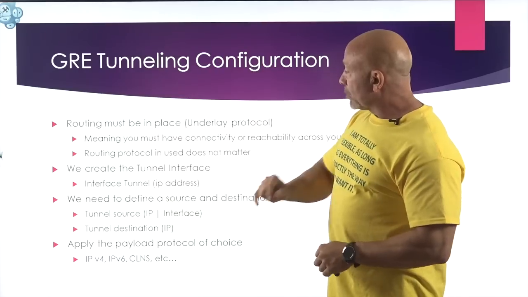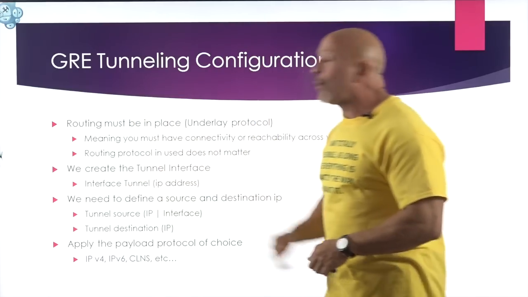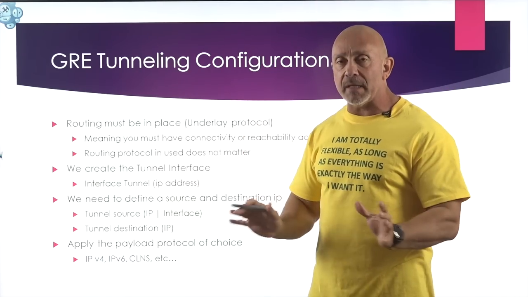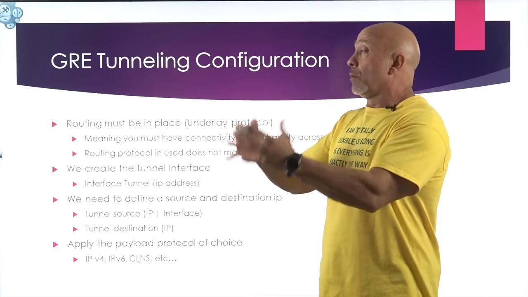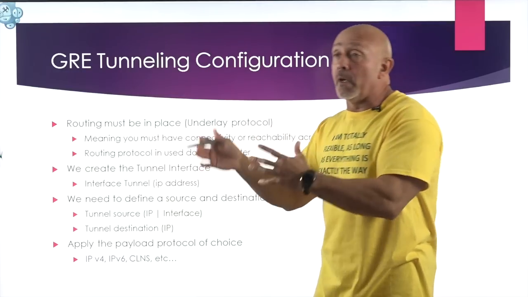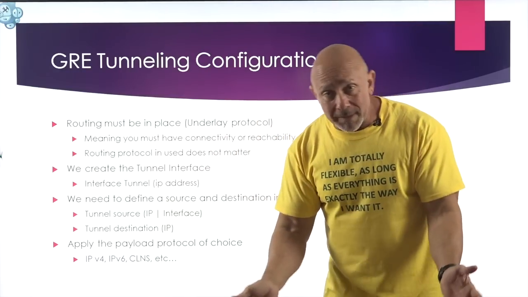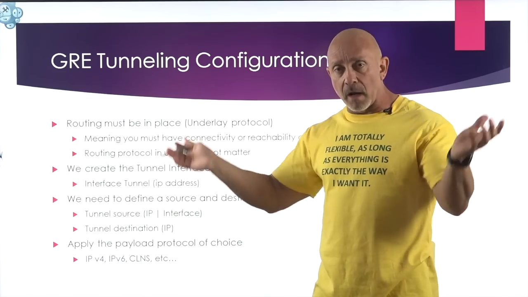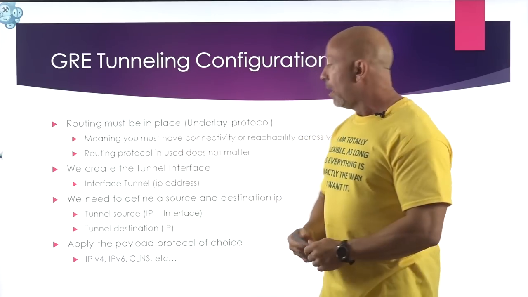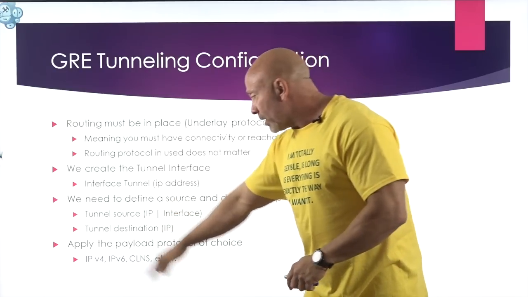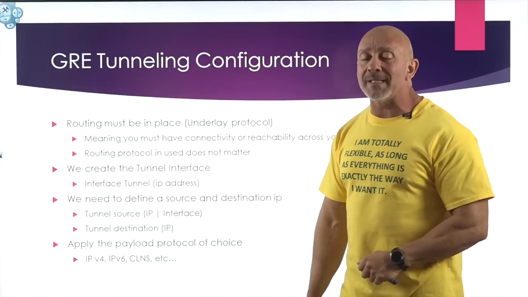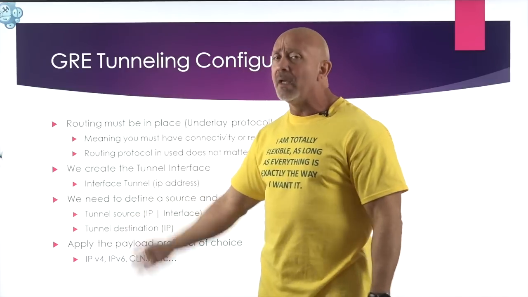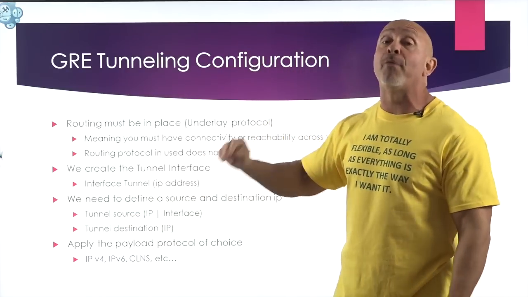All right, that's that. So then once we've got that going, we create the tunnel interfaces. Again, basic, very easy. Interface tunnel 0, tunnel 1, tunnel 200. Do I know what the max number of tunnels is? No, I do not. I don't think I have ever gone that far to create that many tunnels. Then once you do that, you're going to create your tunnel destination, or your tunnel source. It really doesn't matter if you do source or destination. You can flip them back and forth as long as they're both there.